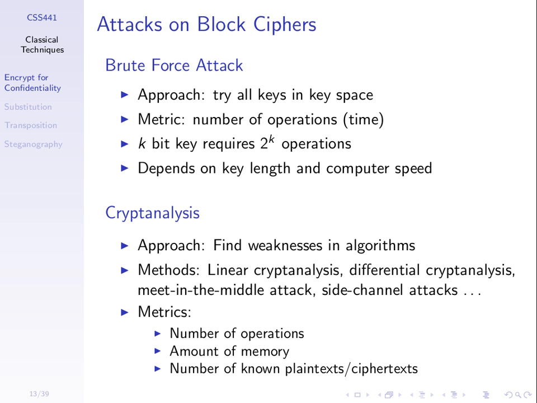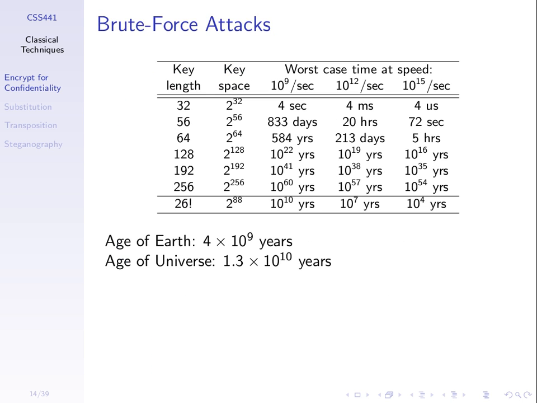So to defend against a brute force attack, the key length must be long enough, or the key space must be large enough, such that if I have these billions of decryptions per second, it would take me too long to find the key. And some examples are given here. In this table, on the first column, I give the key length. And here we're looking at bits. If we look at English letters, we could convert those English letters to bits. But we'll see in real ciphers, we usually use binary values.